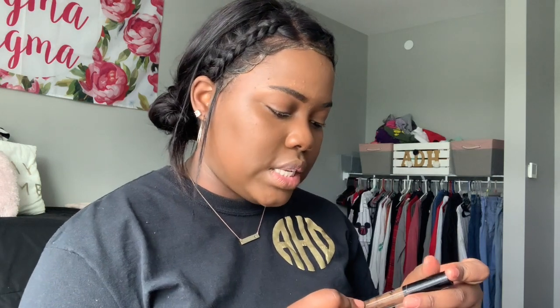After I am done concealing, I contour. And for my contour, I use this NYX HD Studio Photogenic Concealer. This one is in the shade CW08.8. I know a lot of people conceal different, but I just do a couple little dots along the hairline,